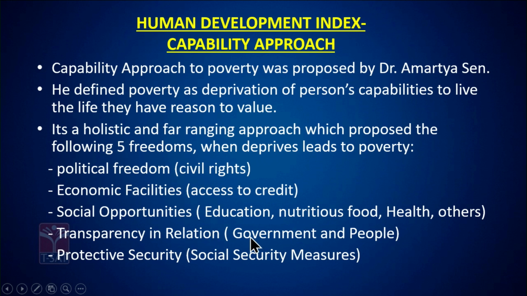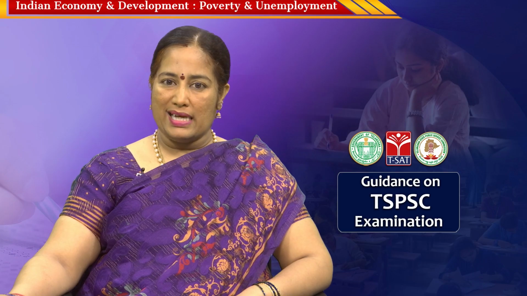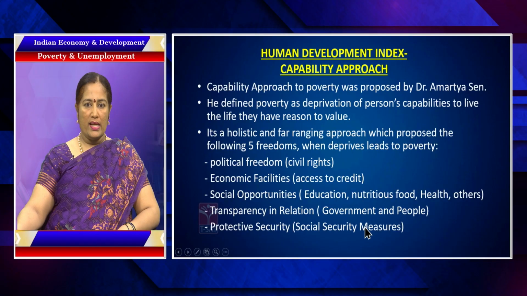Transparency in relation, that is, a society or every person wants to have a transparent relationship with the government, where they want to know what the government is doing for establishing a welfare society, guaranteeing social justice and equal rights. And in the same way, they also want a kind of government which is free of corruption and red tapeism, which is going to work towards the benefit and the betterment of not only the country but even